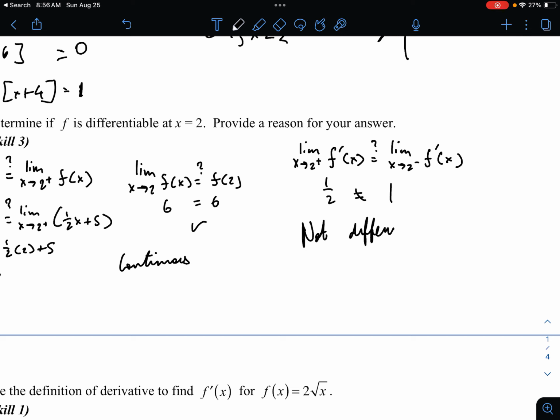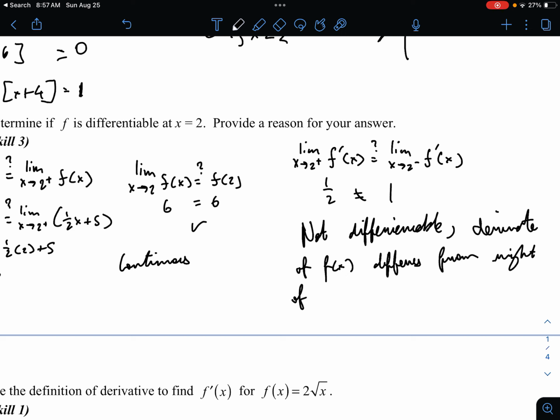Sorry, I was kind of speaking quiet. I don't have a mic or anything. I would say, though, not differentiable because the derivative of f of x differs from right of 2 and left of 2. So the derivative is different on each side is what I'm saying,